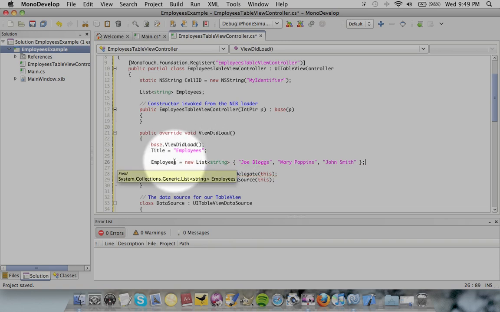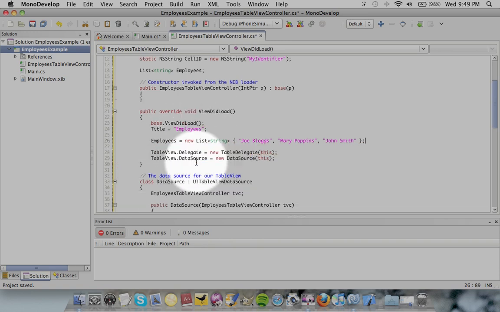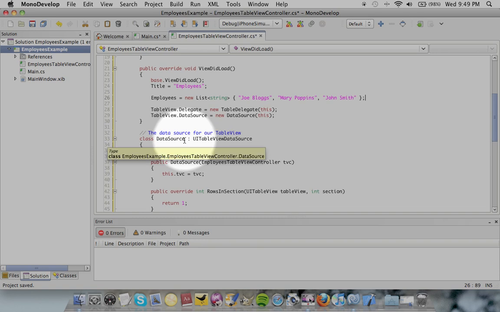Okay, I've got some data in my list now, but at the moment nothing's telling my table to put that